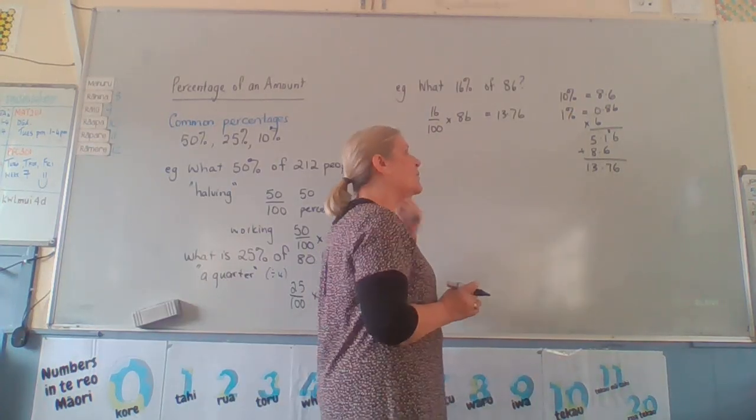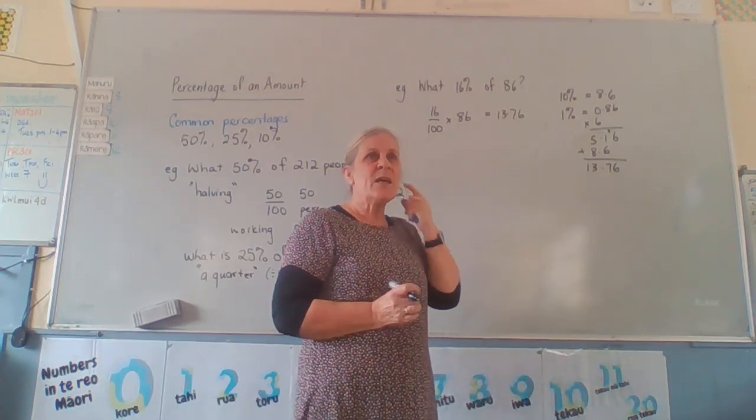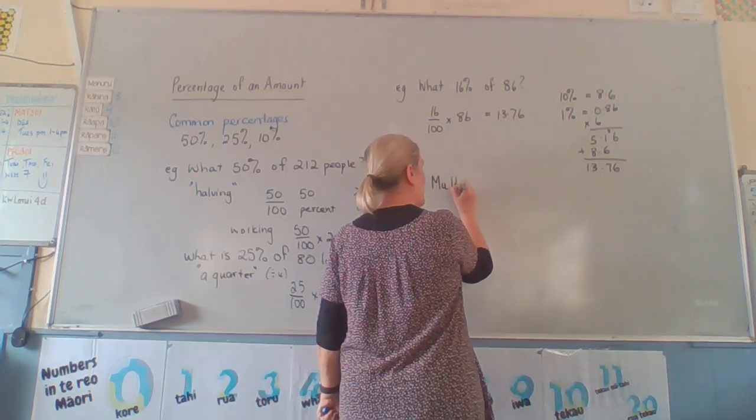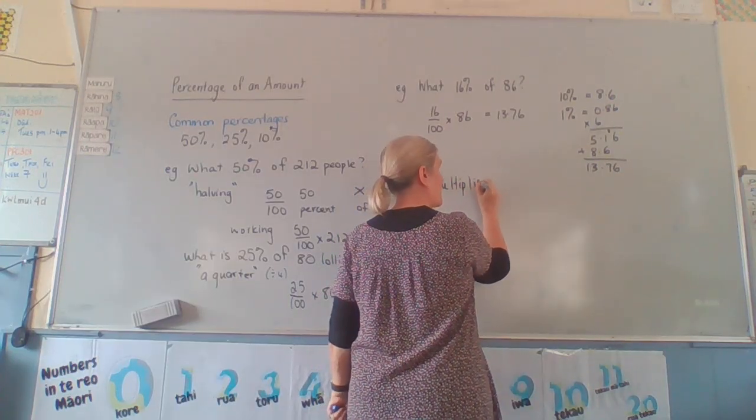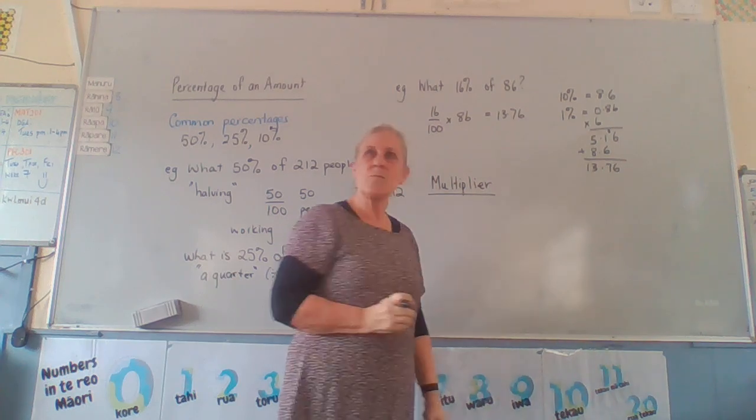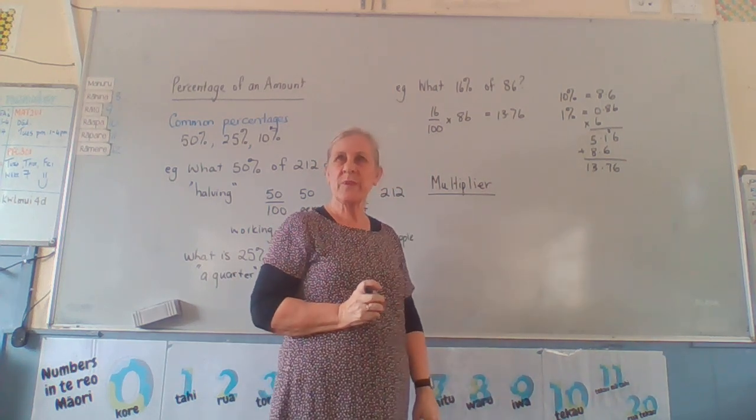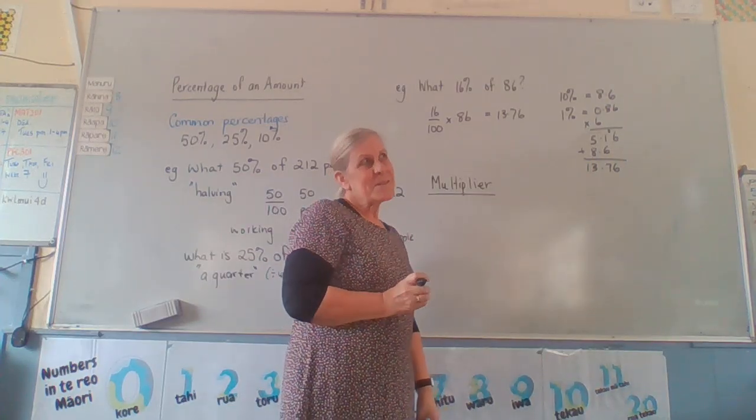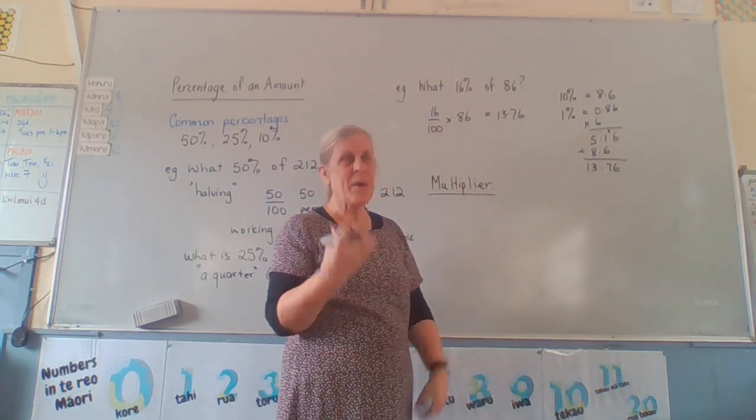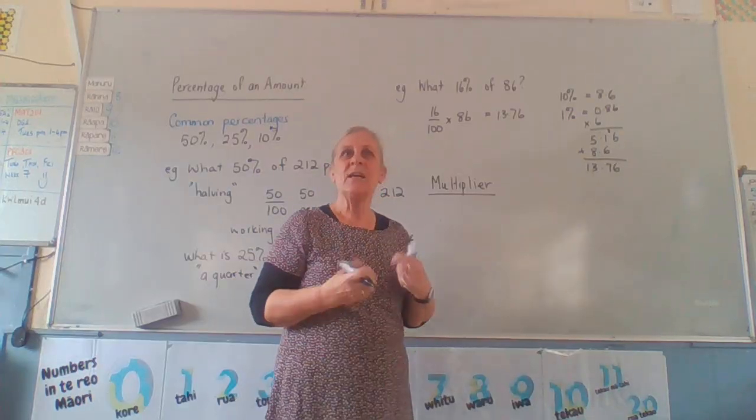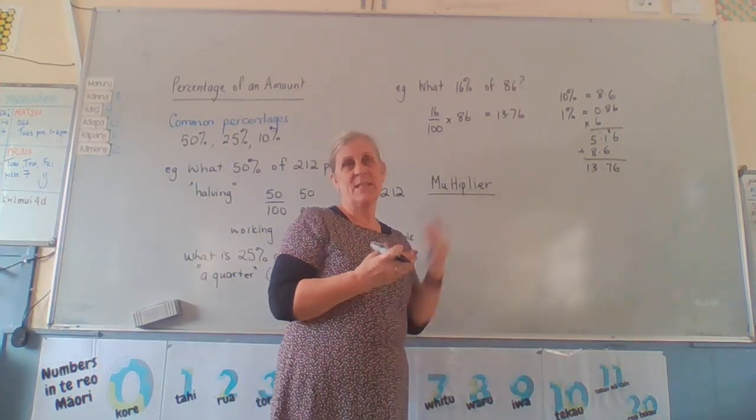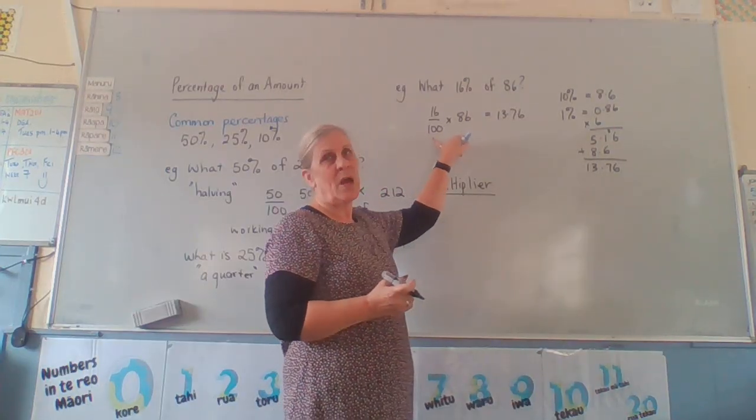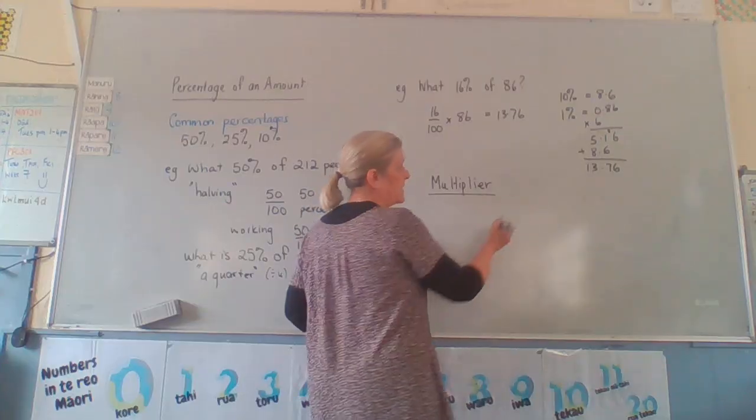All right? Now, the next question I have for you is, what is a multiplier? One side of the multiplication. Close. Yes, one part of the multiplication. It's the thing we're multiplying by. That's the fancy name for something we are multiplying by. Now, we are multiplying by this. And when we are doing percentages,